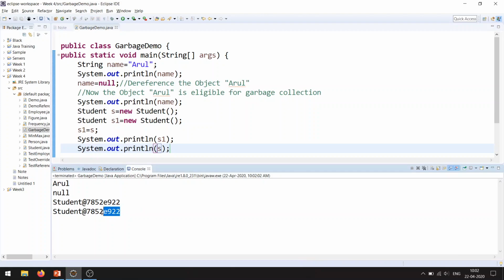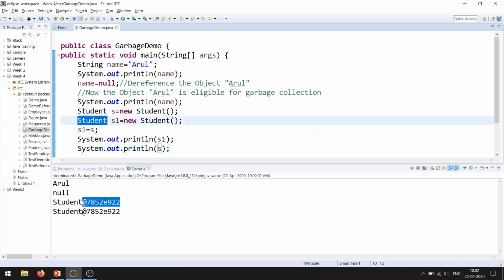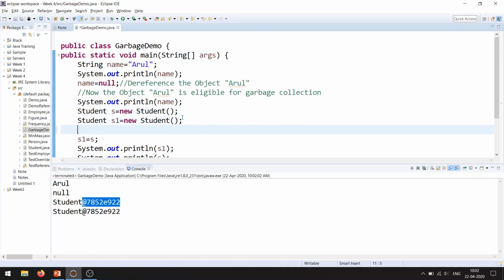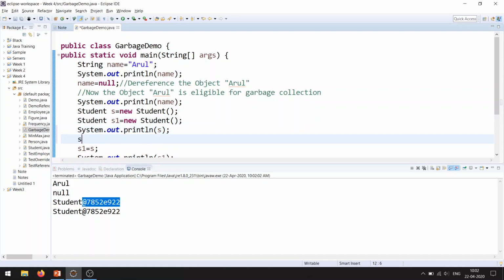If you look at the address of both the objects, student is a class and this is the address, so both references are pointing to the same address, right? But in this code we have created two objects, right? So I'll try to demonstrate which object we are referring to.